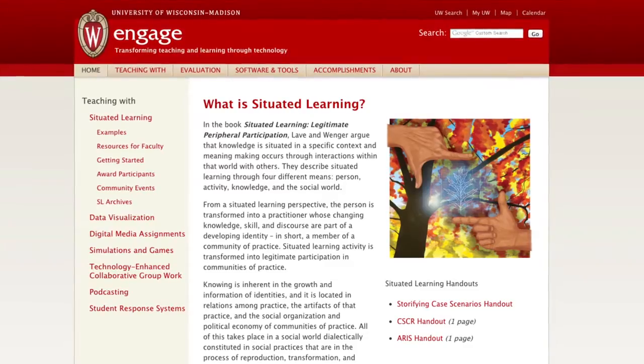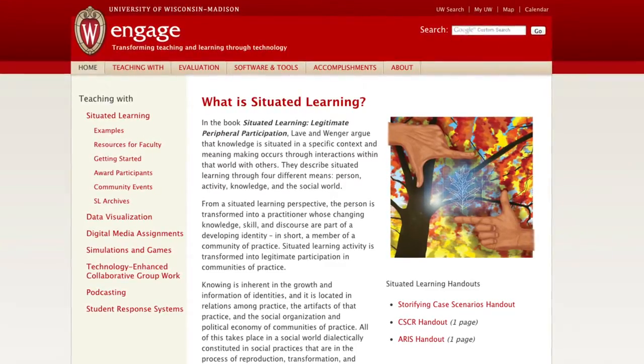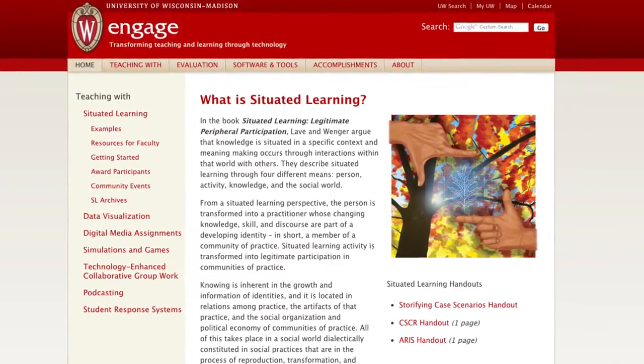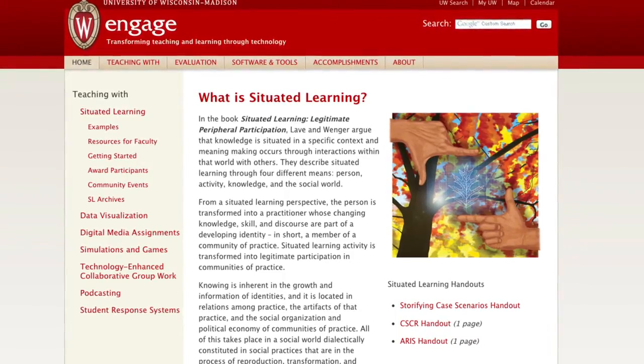So as the Mobile Learning Incubator explores how mobile devices might influence the way that we do all kinds of teaching and learning, we were able to come alongside the Situated Learning Award that was asking the question, how can we make learning more genuine and more authentic and more real world? One of the great things that we found during this kind of co-investigation was the genre of what we're calling